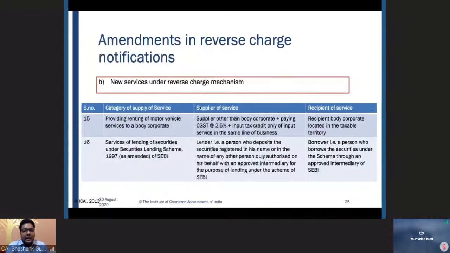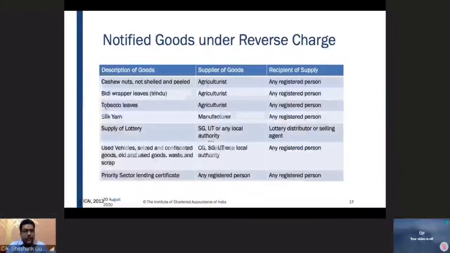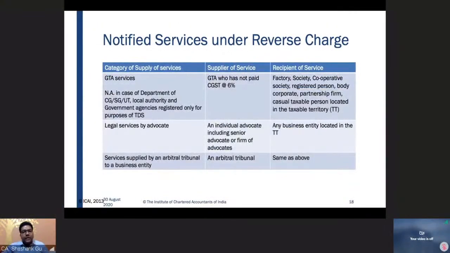If you recall, in case of GTA, let me pull back that slide. In case of GTA, the recipient has to be a factory. A GTA will not be a factory. A society, a GTA will not be a society. Cooperative society, a GTA will not be a cooperative society. Registered person, what if another GTA also says my entire liability is covered under reverse charge, I am not a registered person, so again excluded. Body corporate, generally they are not a body corporate. So the last resort could be that they are a body corporate or a partnership firm, and in that case,